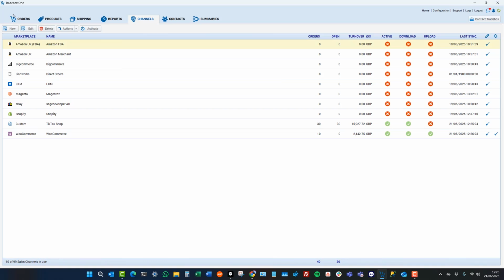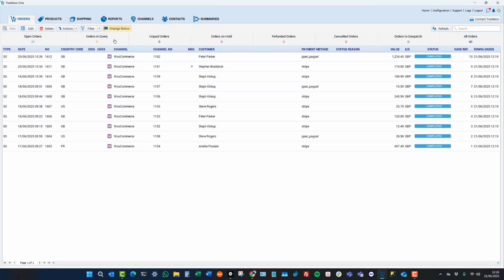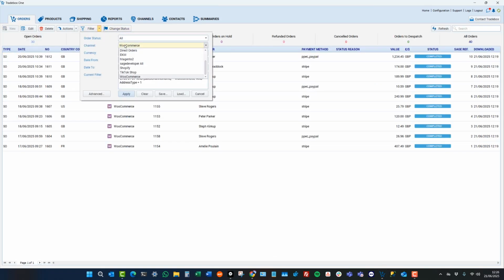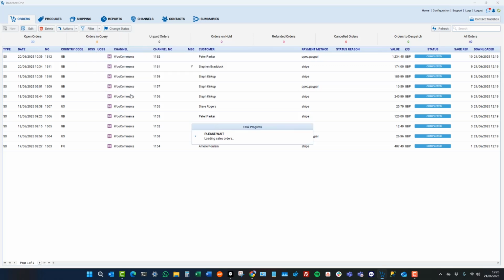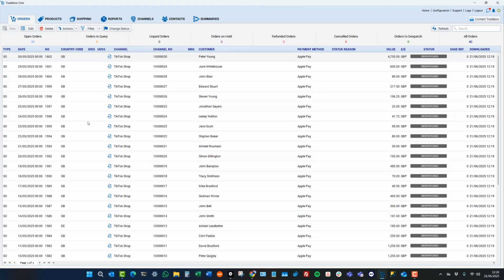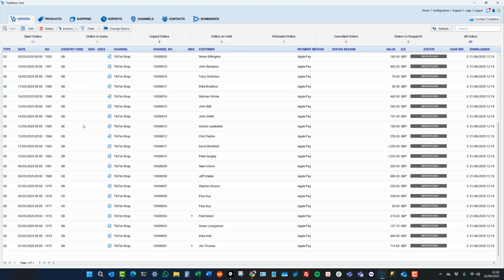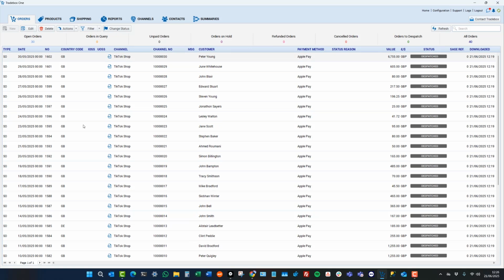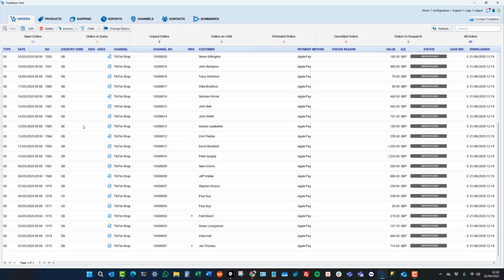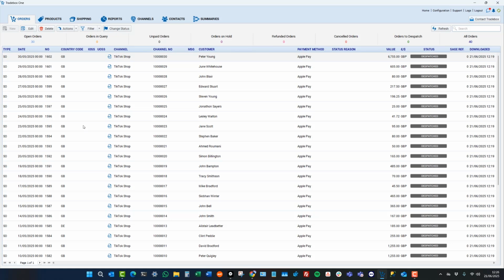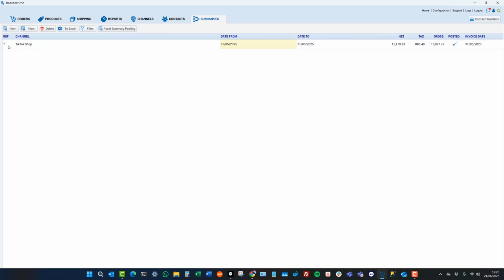If we go back to the order list, and let's just have a look at the TikTok shop orders. We can see we've got an invoice in here, nearly one for every day of the month of May. And these are what I'm going to summarize. So rather than having 30 invoices in Sage, I'm going to create the minimum I can. So to do that, I'm going to come to summaries. Let's delete this old summary here. Click on new,